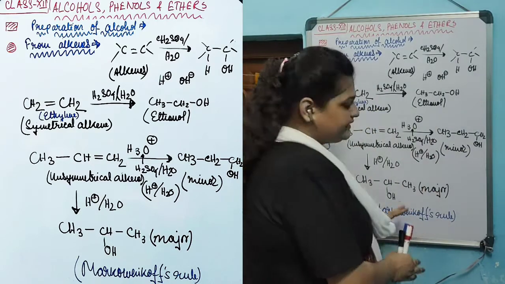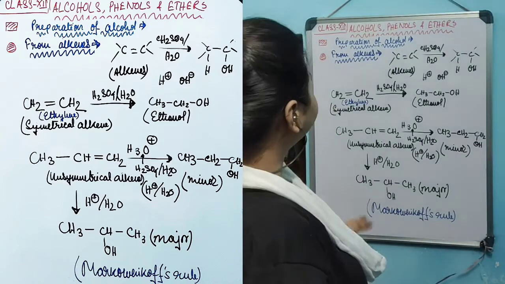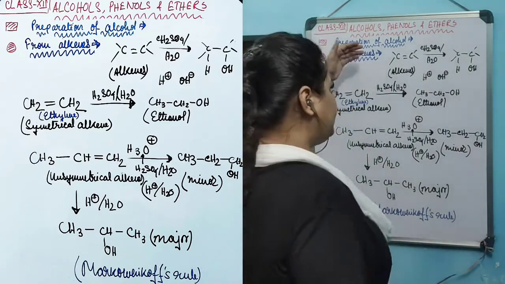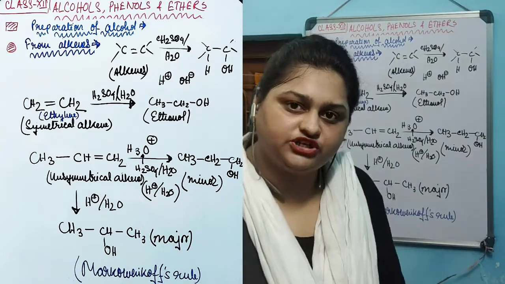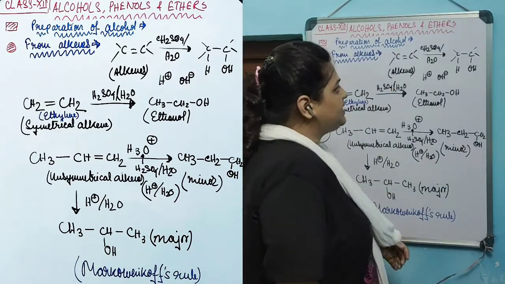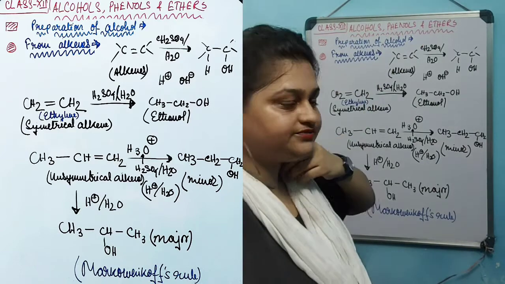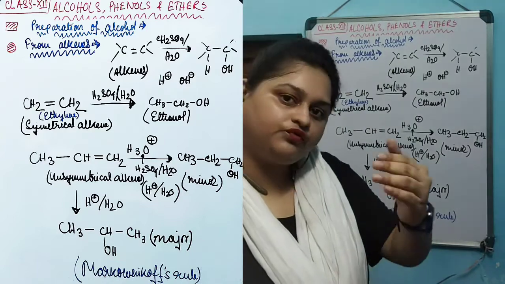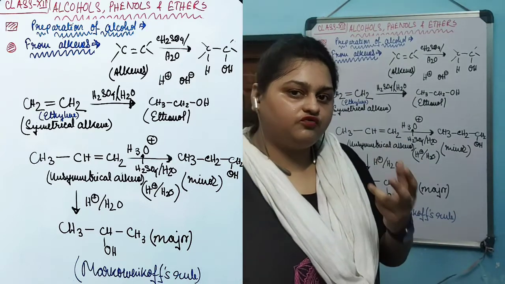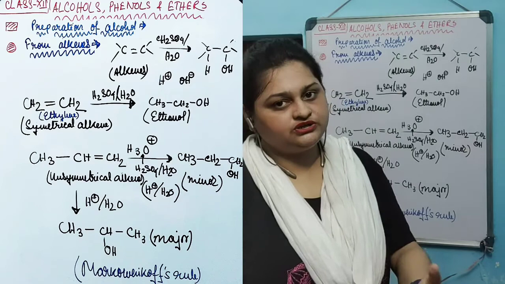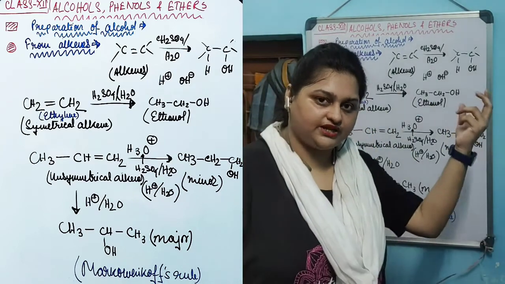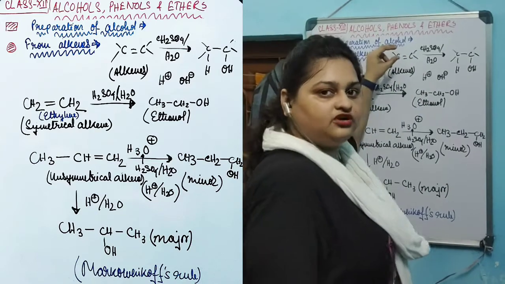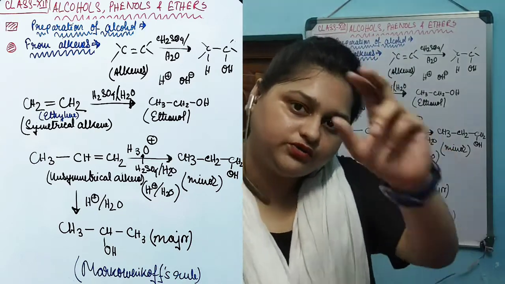Let's recap this entire thing in a nutshell. Alcohol can also be produced from alkene when alkene is subjected to acidic hydrolysis by addition of H2O in aqueous medium. When alkene is added to aqueous hydrolysis, addition of water happens. Water is the reagent which has two parts, hydrogen H plus and OH minus. Hydrogen will add to one carbon of the double bonded carbon, and OH will add to the other carbon.